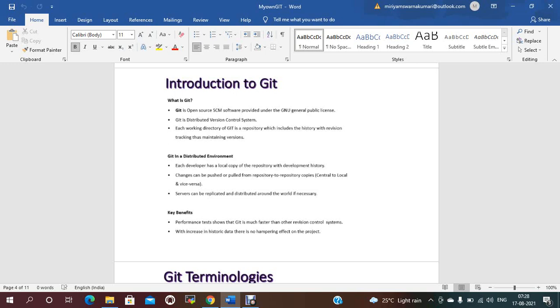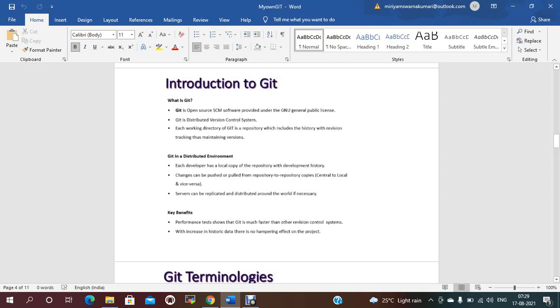Okay. Version control is a software tool which manages the changes to the source code over time. Suppose you have some code, some files. In a development team, each and every one works on their own code, so we need to maintain the versions. Then only others can see the versions. So that is the version control system, to keep track of every change made, with a proper description of what changes were made, who made the changes, and the specific versions.